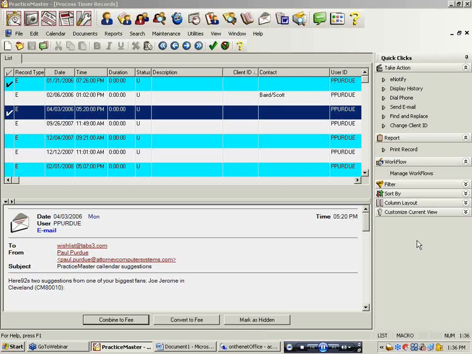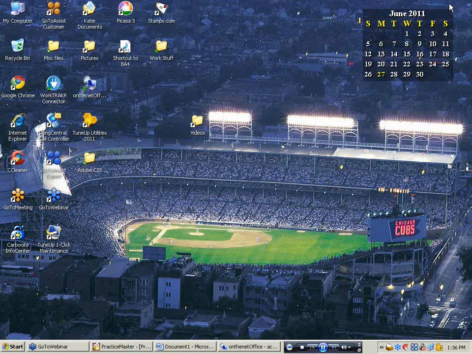Now, we're already late, so I'll be very quick in showing you our new feature that will probably run for several months, which is version 16 tip of the day or month or week or whatever you want to call it. We won't have another one for another month. In version 16, the integration between the Outlook calendar and PracticeMaster's calendar is very, very,